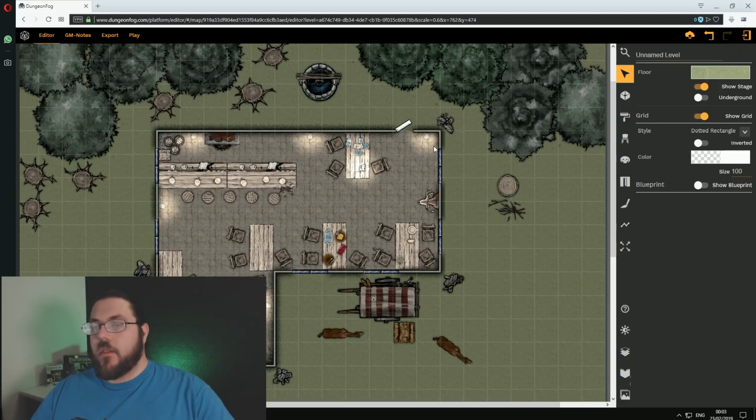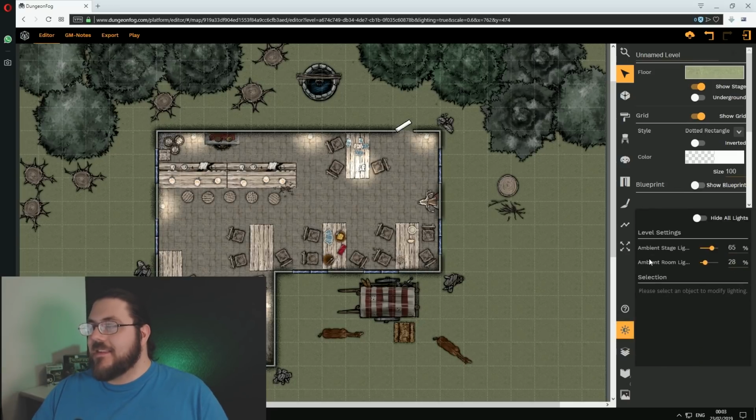As you can see, it's a lot more visually interesting. There's a lot greater variety of things you can put on tables. You can use different props and textures, but one of the most fun things that I find for Dungeon Fog is using lighting effects. A lot of the premium assets are things like torches and candles and light sources, and in the lighting section of Dungeon Fog you can control the